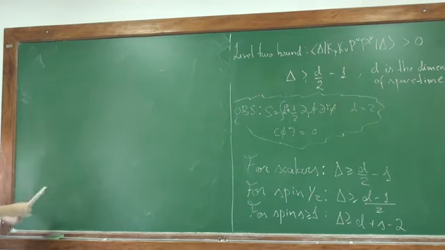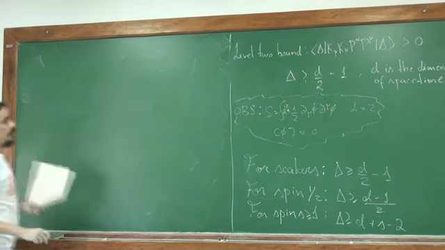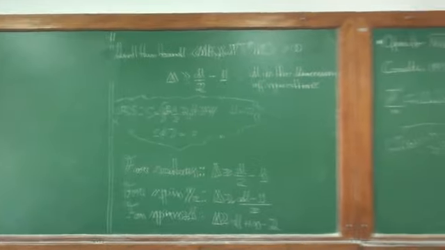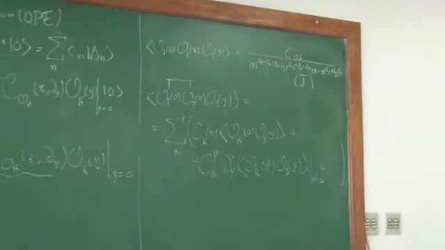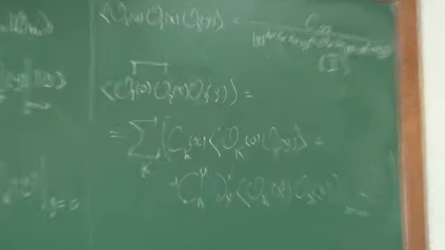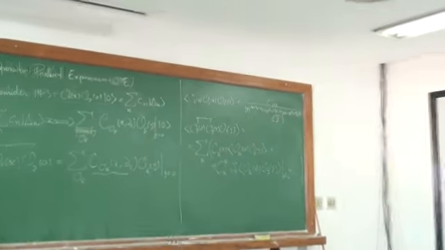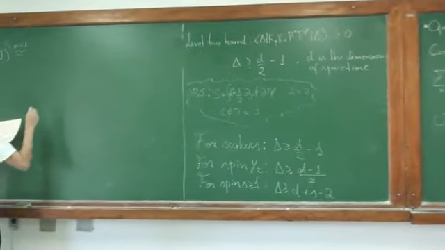It's a bit annoying, but it's straightforward. And the result is, I call this 1. I'm taking x less than 1. We can expand that and we will obtain